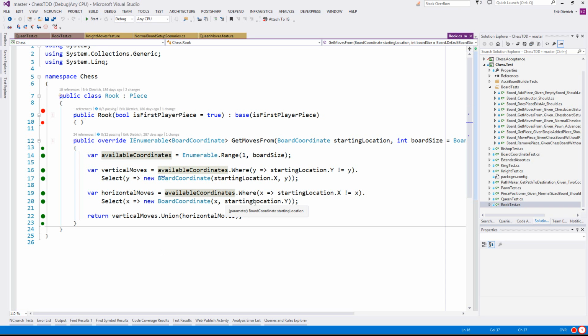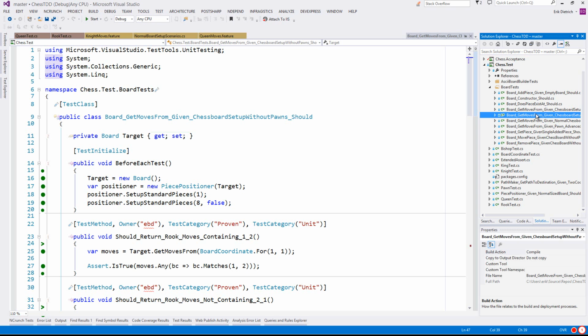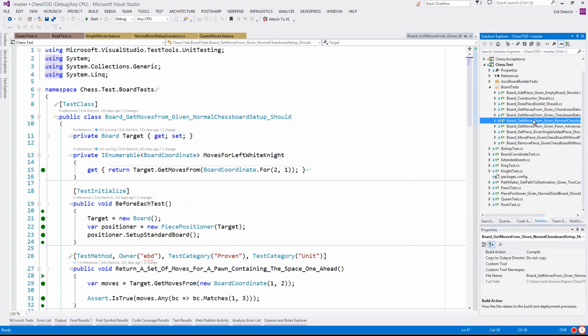The pieces don't know about one another per se. So what I really want to look for is not whether the piece is restricting movement somehow in its get moves from method, but that's going to be here in the board. So I'm looking around and thinking, okay, in the board is where I started writing this new style